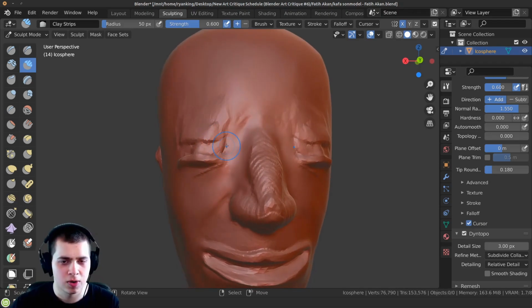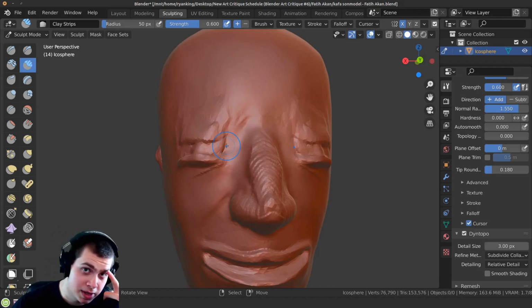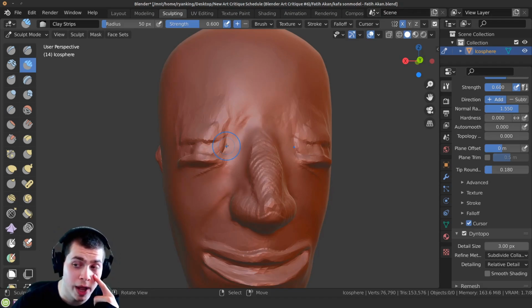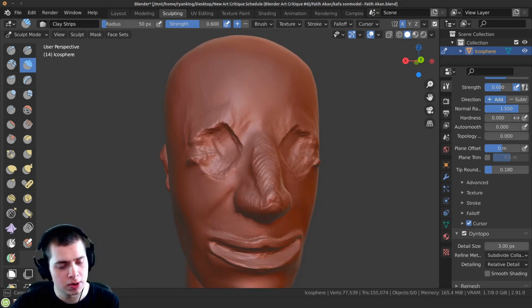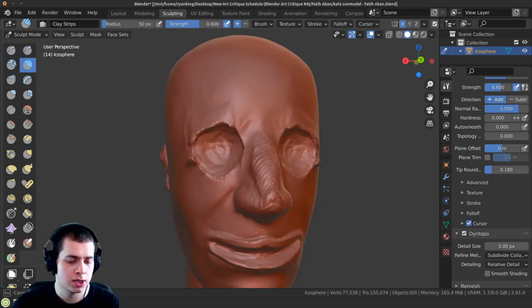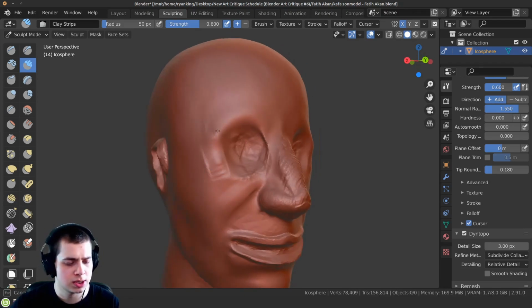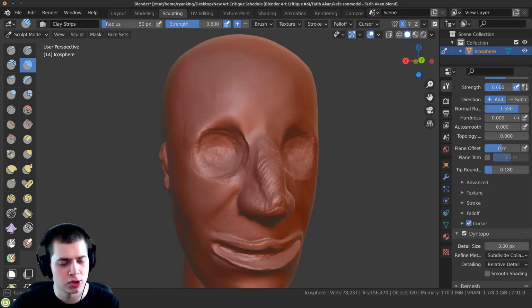So the eyes here, they're a bit of a mess, so I'm just going to redo them. First, I like to make the eye sockets because where the eyes are, it goes way back before coming back out. So I'm going to hold down the control key, go along here in circles, and carve in where those eye sockets are, and then hold down the shift key and smooth that out. So I'm just making some circles.